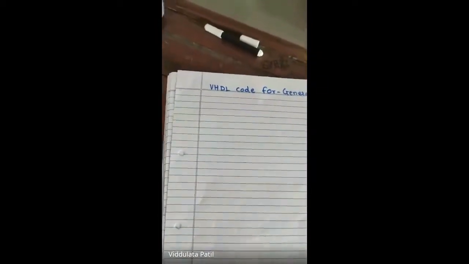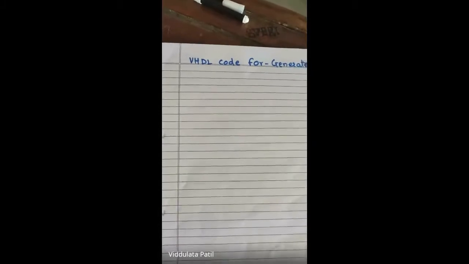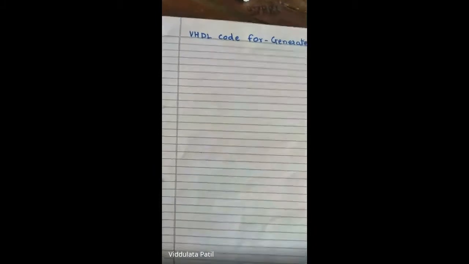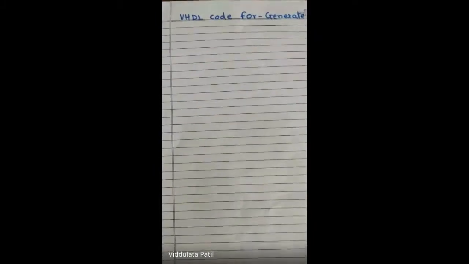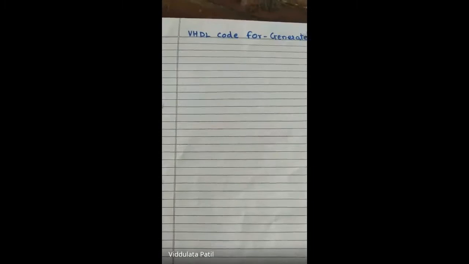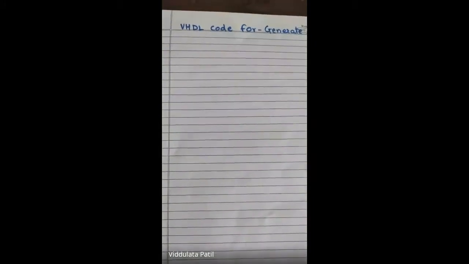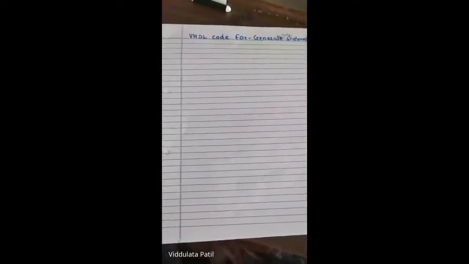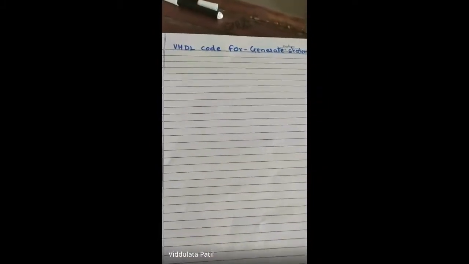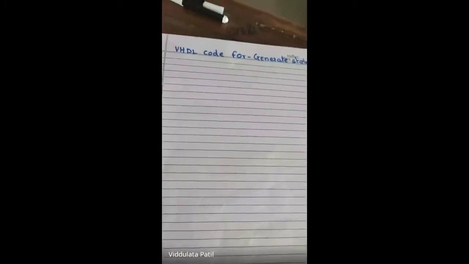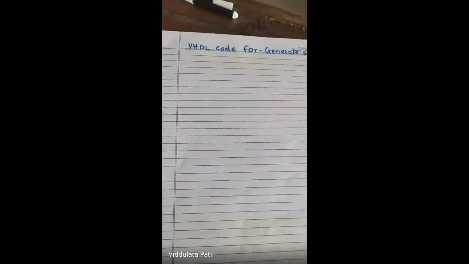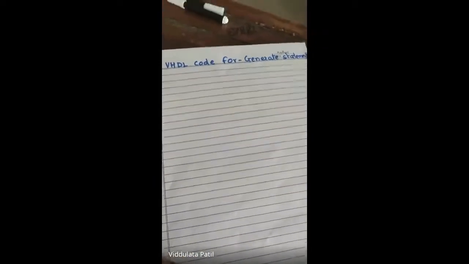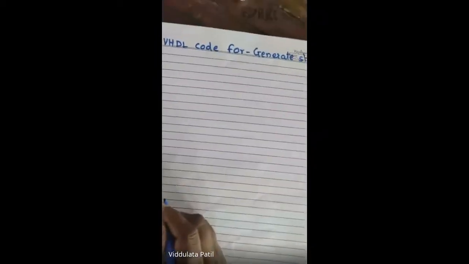So for a for loop, whenever we are using for loop, we have to write a process. Okay, आणि जी काही स्टेटमेंट प्रोसेस मध्ये असतील ती ग्लोबली अवेलेबल नसतात. म्हणजे तिथले जे काही चेंजेस आहेत ते फक्त त्या प्रोसेस पुरतेच अवेलेबल असतात. पण जेव्हा जनरेट स्टेटमेंट वापरतो तेव्हा तुमचे जे काही पॅरामीटर्स असतील ते ग्लोबली पण अवेलेबल असतील. म्हणजे बाहेरच्या प्रोग्राम मध्ये पण तुम्ही ते यूज करू शकता. So in that case we use for generate statement.